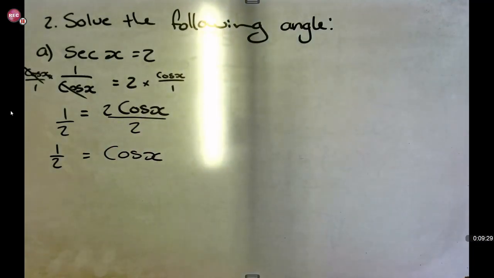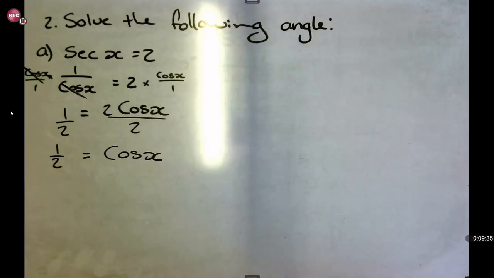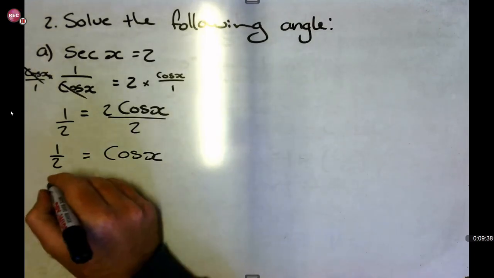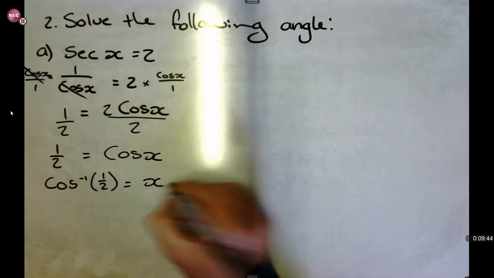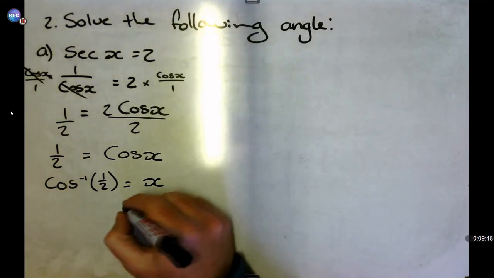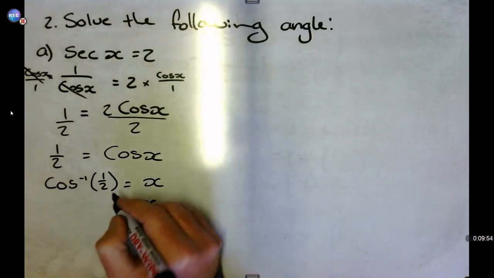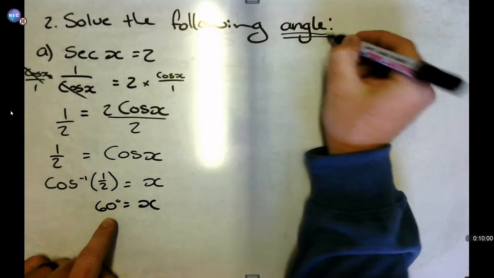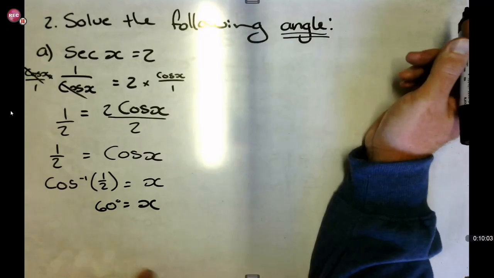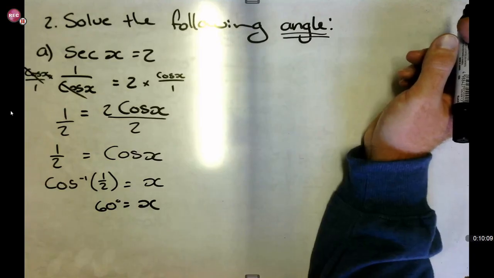There we go. What you then do is, because you want the angle, you need to take the cos over, and it becomes cos to the power of negative 1. So cos to the power of negative 1 is in a video that we've done, and this is equal to x. And then when you put this into your calculator, obviously you press shift cos, and then you'll get that x is equal to 60 degrees. There we go. There you've calculated the angle. There's always two types of questions, guys: either you're going to calculate the length of a side with regards to this, or you're going to calculate the angle of an acute angle.